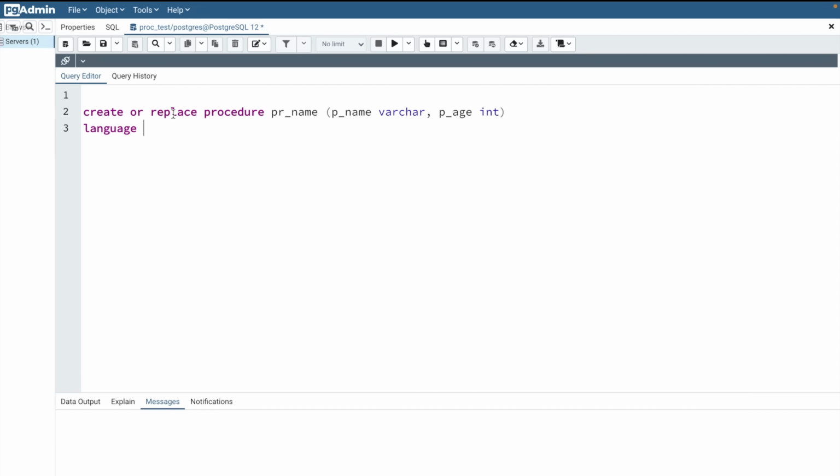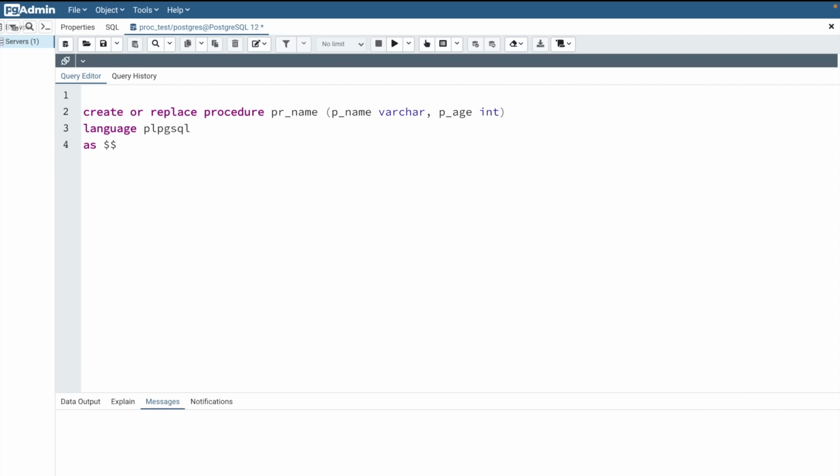Okay, now since most of the time we are writing a procedure to do any procedural kind of stuff, we generally give the language as PLPGSQL. This basically stands for procedural language PostgreSQL. Now this is basically a standard you can just follow. If you are only going to be writing SQL queries inside your procedure, then you can just give a name like SQL. Okay, now after this we need to give a clause like AS, and then we need to provide